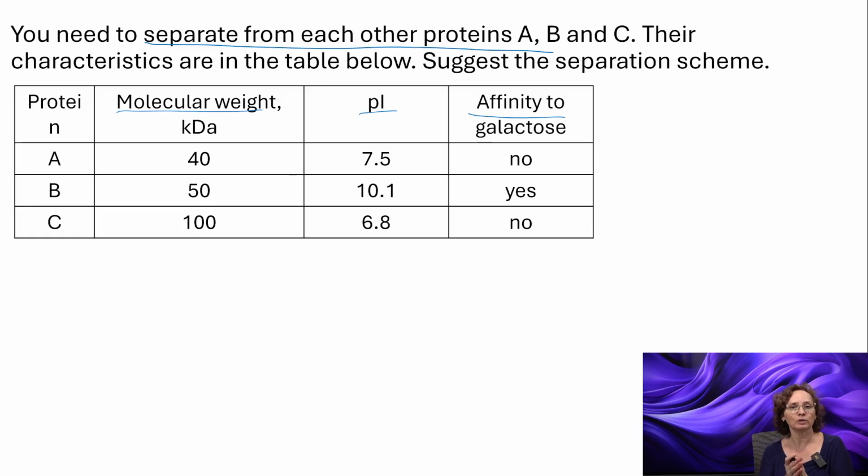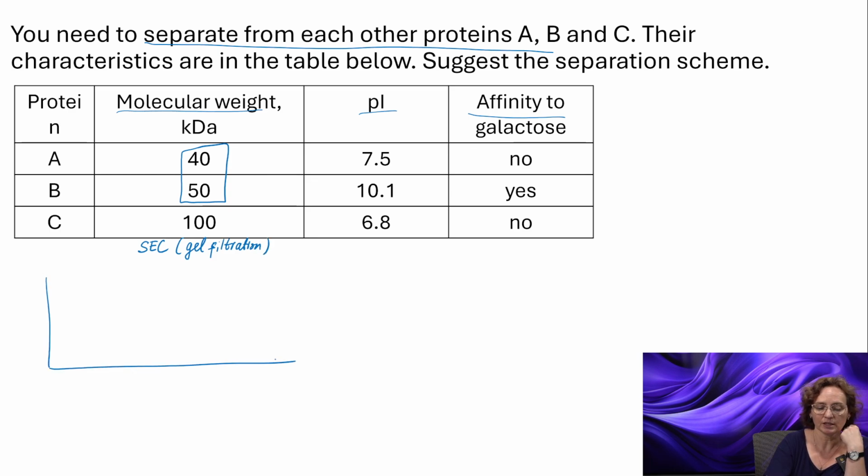So most likely you will need to use two, because if you consider the first characteristic, molecular weight, proteins A and B have too close molecular weight to each other to allow for good resolution of those peaks, right? So if, for example, you use size exclusion chromatography, which is also known as gel filtration, then most likely what you will see is those two proteins that kind of